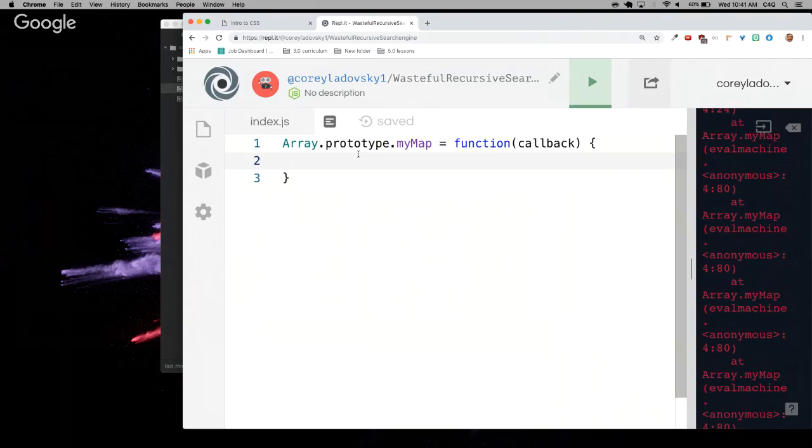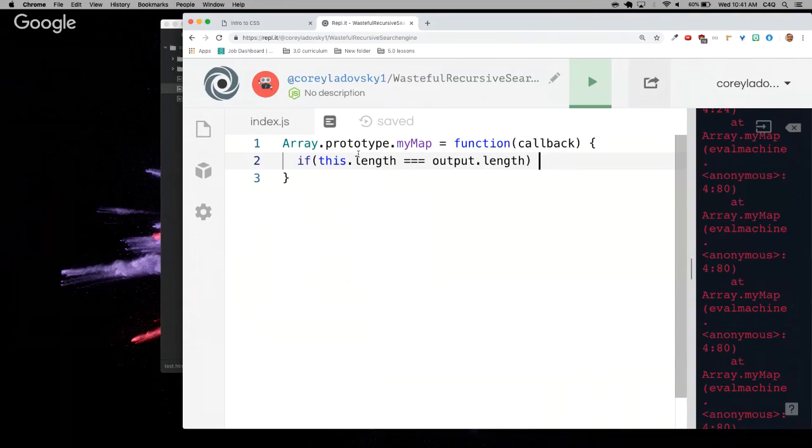If array.length... okay, that sounds pretty good. So what Nikki said is we're going to say this.length, and we can compare it with output.length, because we know that every time we call map, we always get back a new array of the same length. So I think that's a pretty fair way to start. So let's try that. We could say something like if this.length equals output.length,